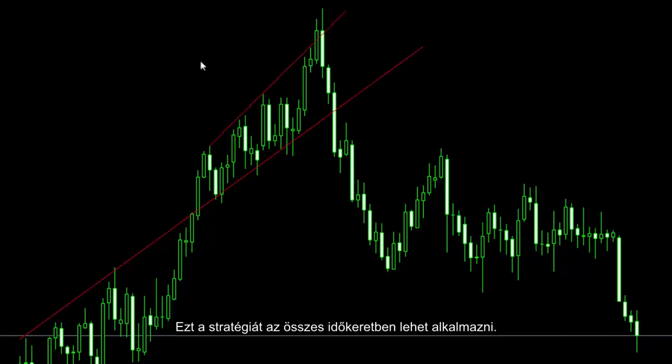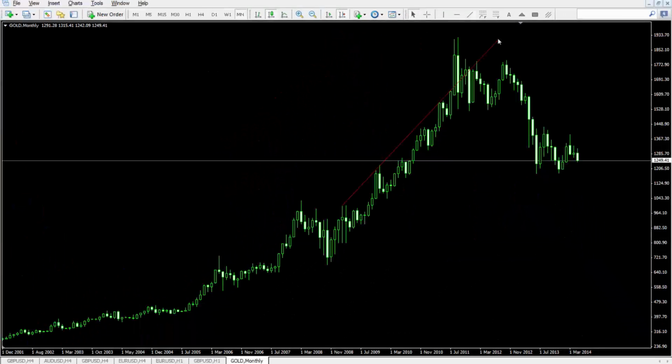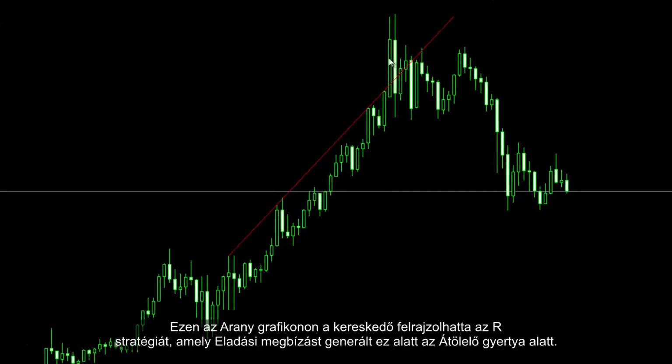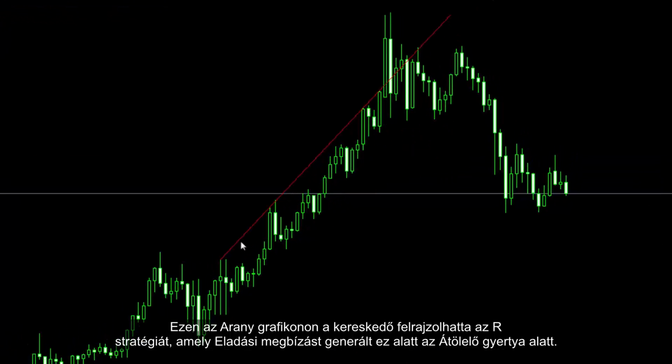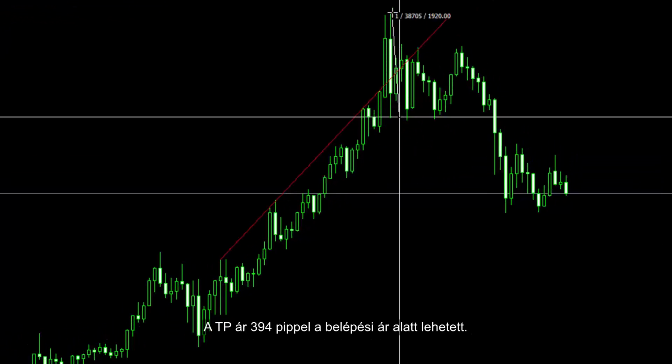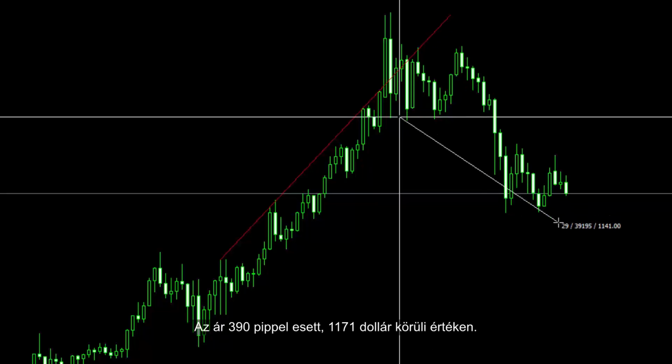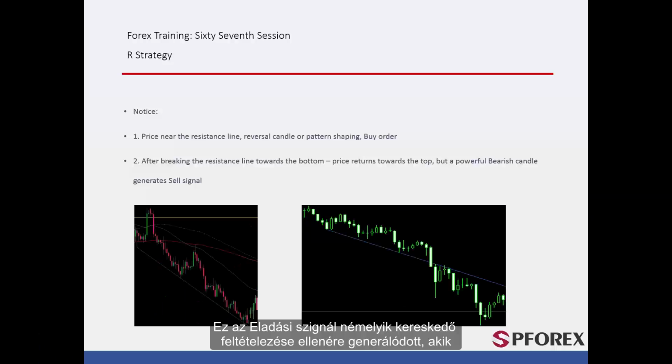This strategy is applicable on all time frames. On the gold chart, a trader could draw the R strategy that generated a sell order below this engulfing candle. TP price could be 394 pips lower than the entry price. Price decreased 390 pips lower, around $1,171. This sell signal was generated against presumption of some traders who speculated that gold would go higher after the price had reached